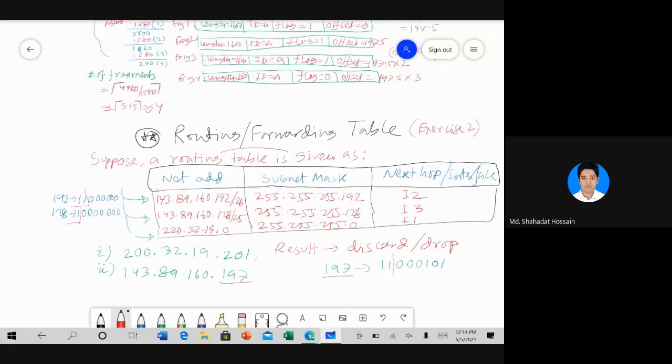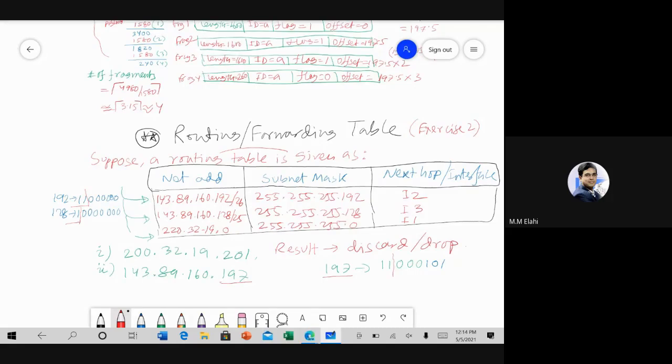Will it match with the second entry? Yes. So it is matched with more than 1 entry, right? According to our theory, it will only take the longest prefix match, and the entry with more bits matching will come first. So the if else if will also work, right? All things will work, but theoretically you have to keep in mind